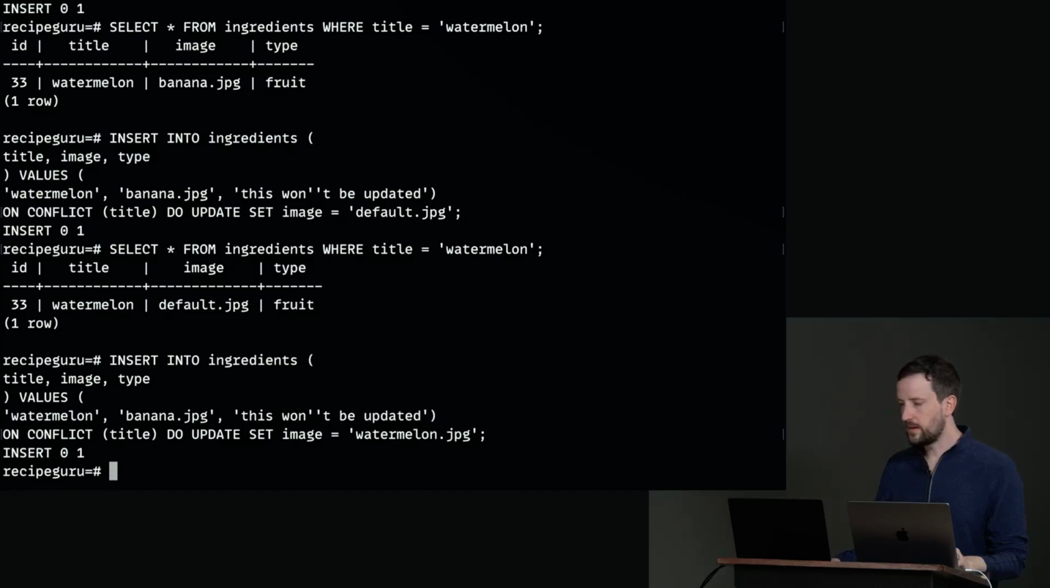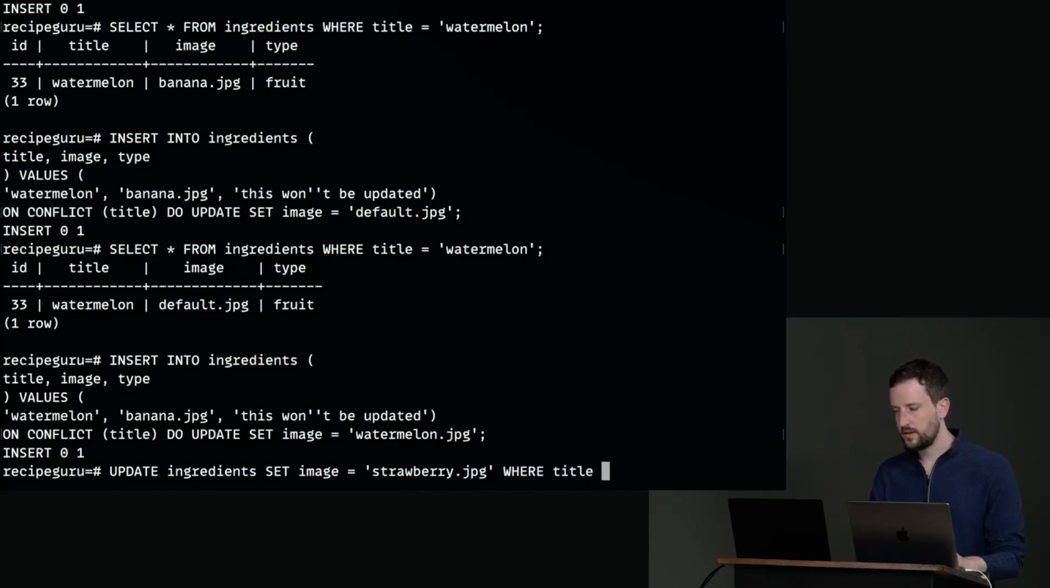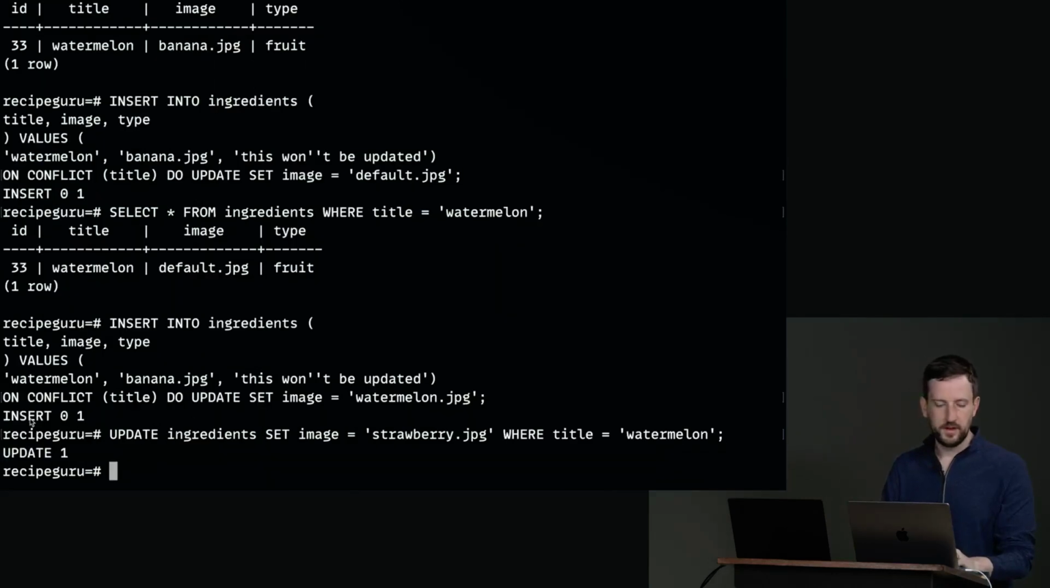Let's talk about updates and deletes. We saw an upsert. Let's just do a normal old update now. So I'm going to say update ingredients set image equal to watermelon.jpg, or we can go back to, I don't know, we'll call it strawberry.jpg, where title equals watermelon. Okay. You can see there it did an